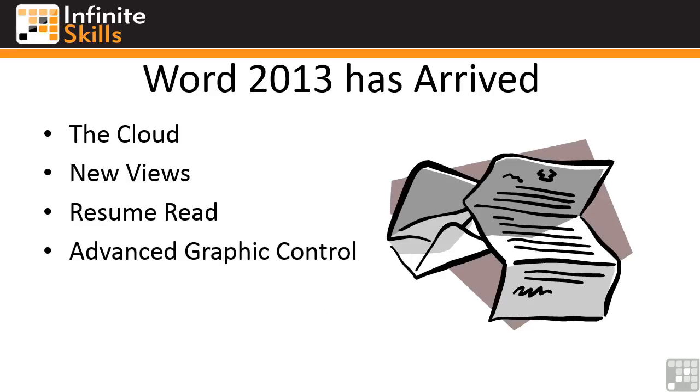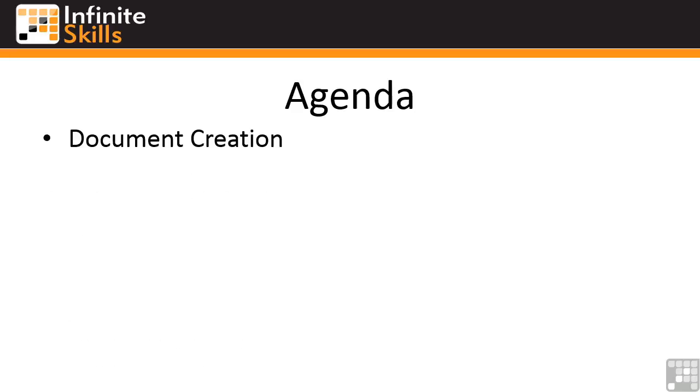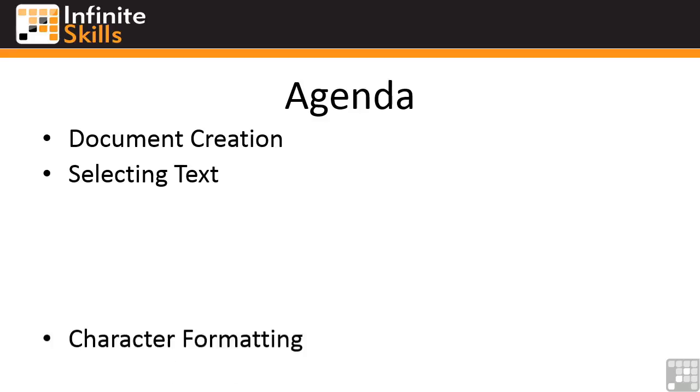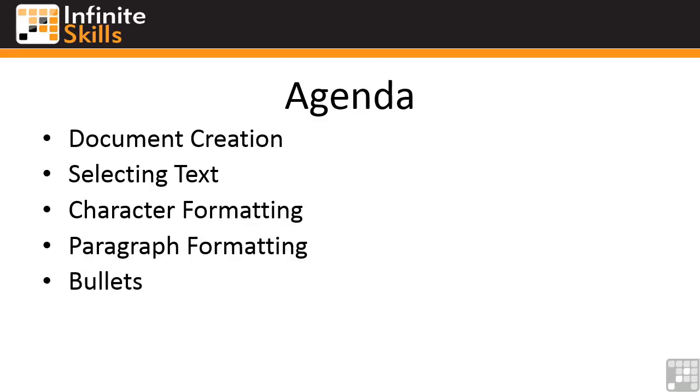And we also have some new advanced graphic controls for manipulating images once you've got them into your Word document. So those are the big new things, but what are we going to cover in this particular title? Well, our agenda is going to take us through document creation, so starting from scratch with a bare base document and creating a file, being able to select and manipulate text within that file, looking at formatting of the characters, so the text that you actually type, and also paragraph formatting and how that works, interaction with, obviously, the character formatting. We're going to explore bullets, to some great length in fact,